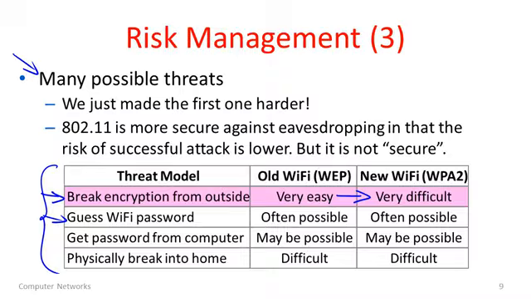Or your choice of password might be fairly obvious because it's related to your birthday or something like that, or other passwords you've used. So often it will be possible to compromise the system here. Even if you can't do that, it might be possible, and this requires more access, to get the password from a computer. Maybe when you're not at home, you have your laptop around work or somewhere and someone is able to look at your laptop and get passwords off it. Or your mobile phone and so forth. There are lots of passwords on all of these devices. This might be possible. It seems a little harder.